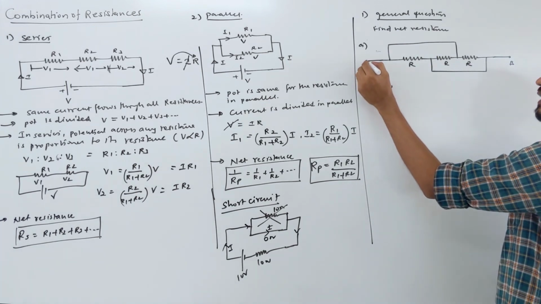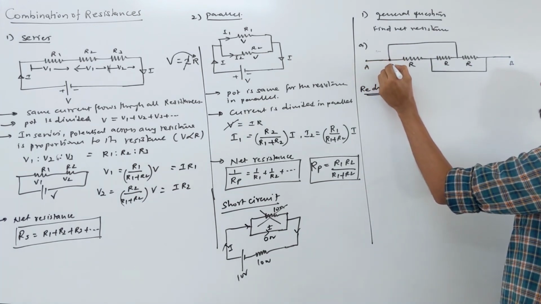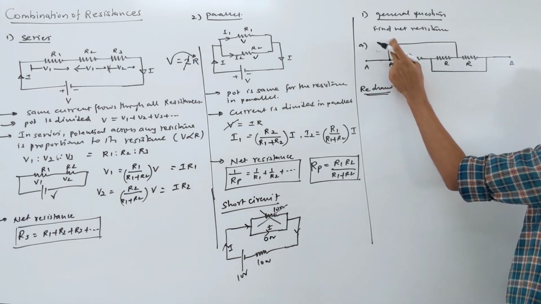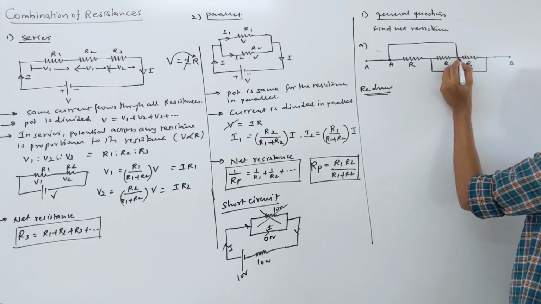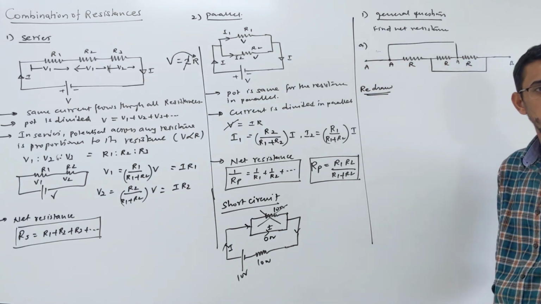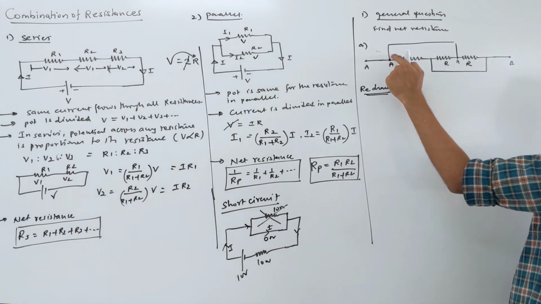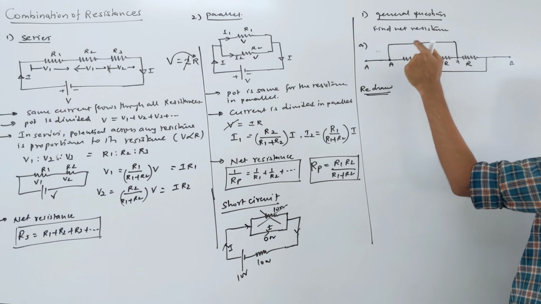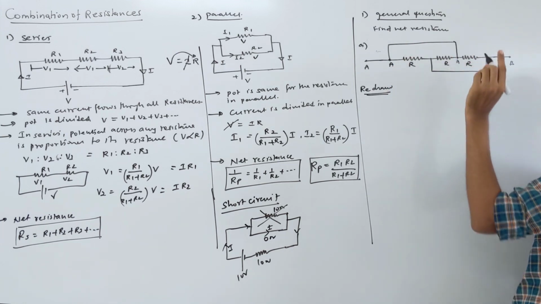Okay, this is terminal A and this is a wire connected here. This terminal is also A only. Now look here, this is connected by just a wire of zero resistance, meaning this terminal is also A. This point, this point and this point have the same potential, right? Because this is only a wire, there is no resistance in this path. Suppose I connect a resistance here, then this potential will not be the same.